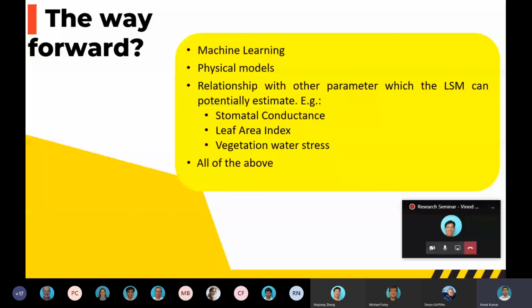So this has been derived using the microwave observations. But I think that also suggests that leaf area index or any sort of greenness indices would have some sort of relationship with live fuel moisture content. But like I mentioned, our focus was just on finding a relationship between the JASMIN soil moisture content and the live fuel moisture content. So we haven't looked into any other parameters.